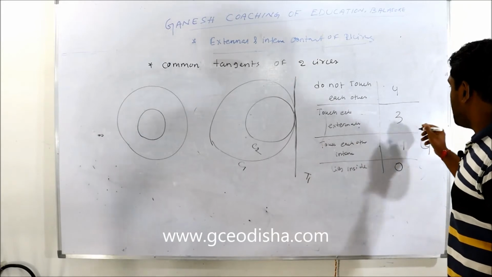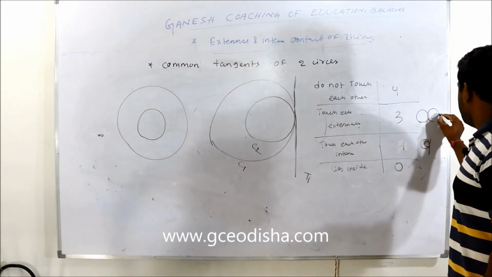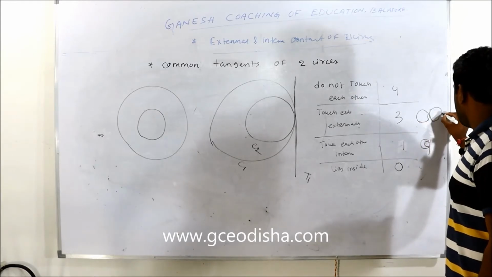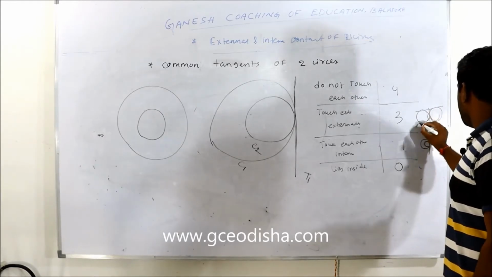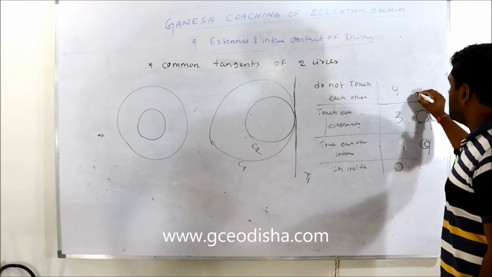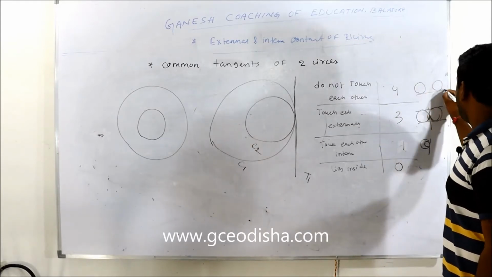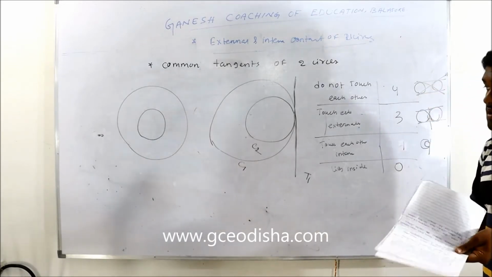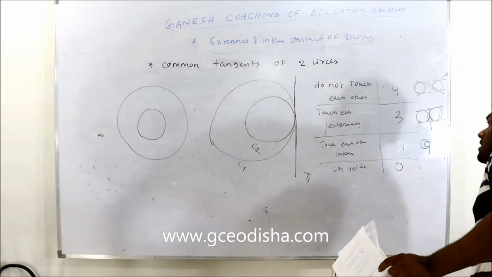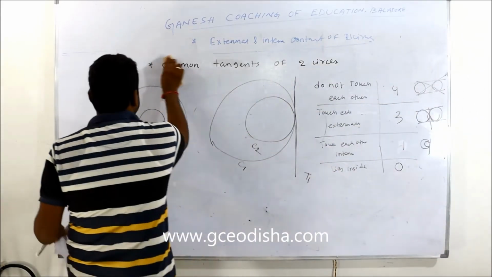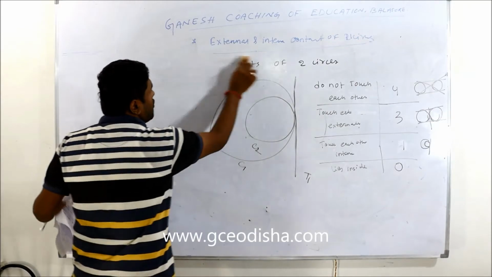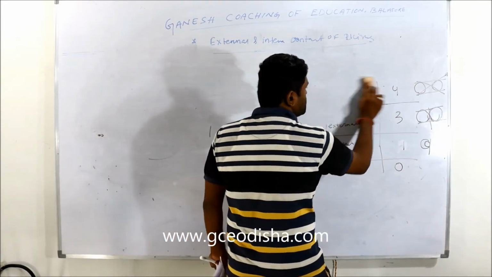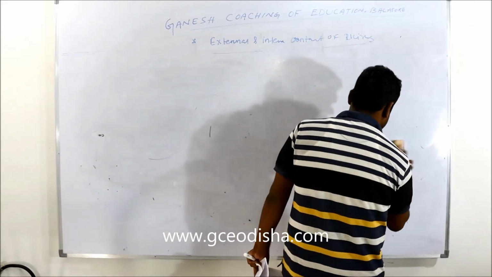They touch each other externally, like this. Like 3, like touch each other, do not touch each other, like 1, 2, 3 and 4. And this is the finish of all the concepts. Now I will do some questions regarding the circle which are related to your competitive exams.